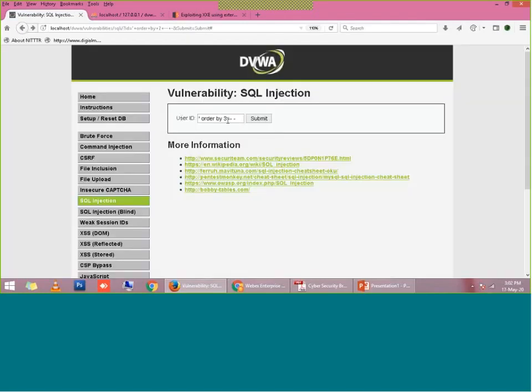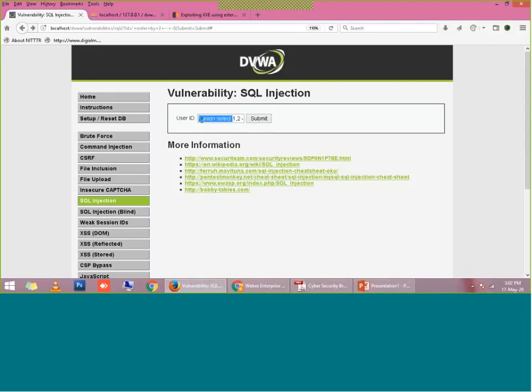Now we are well aware that the SQL query running in the backend is fetching only 2 columns of the table, right? So now I will write here union select 1, 2, and then balance the query.